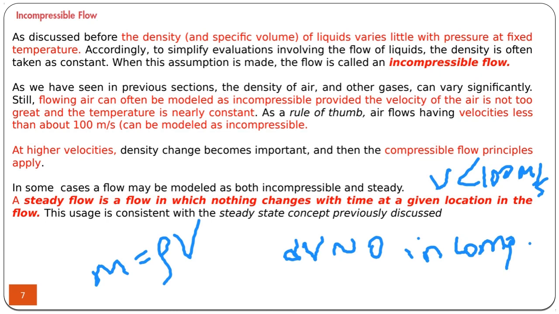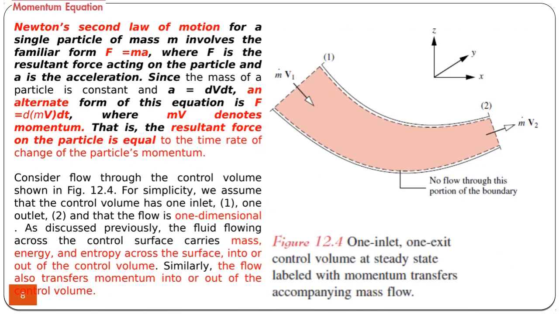The second law of Newton states that if there is a motion, especially an acceleration motion, the sum of the forces is non-zero. So it means that the applied forces, if they're non-zero, must be equal to m times a. In fluid flow, normally,